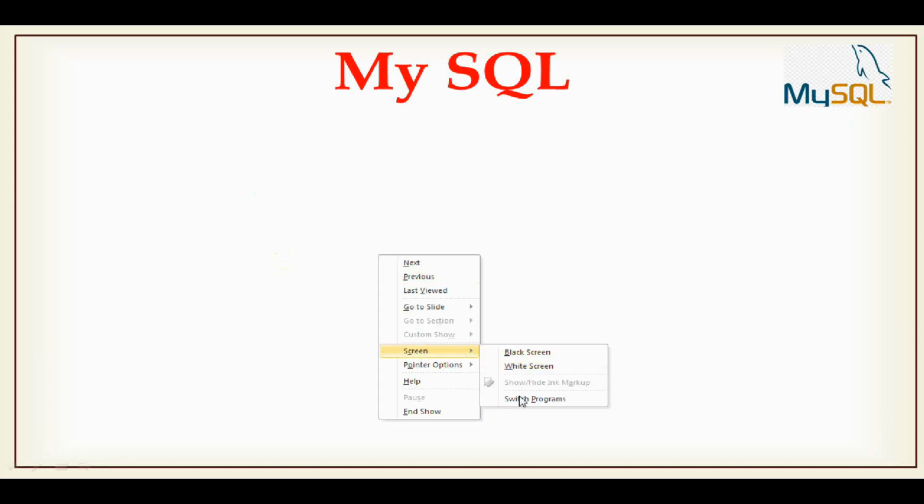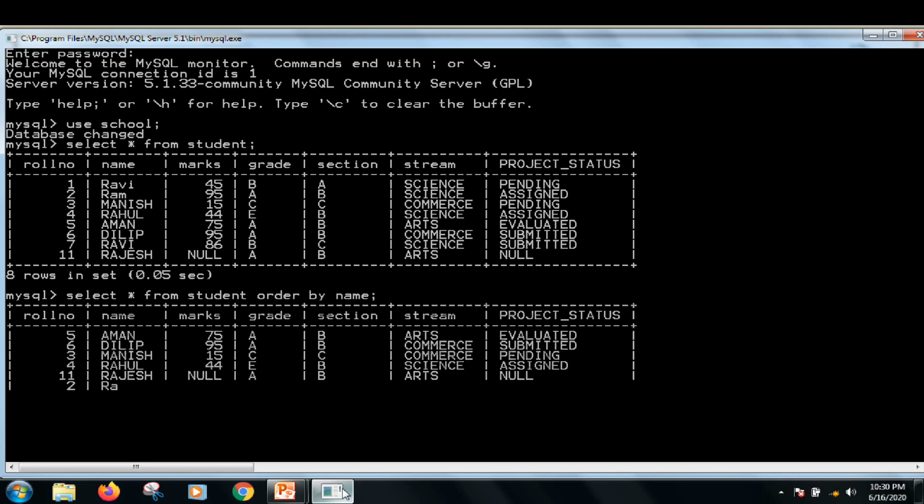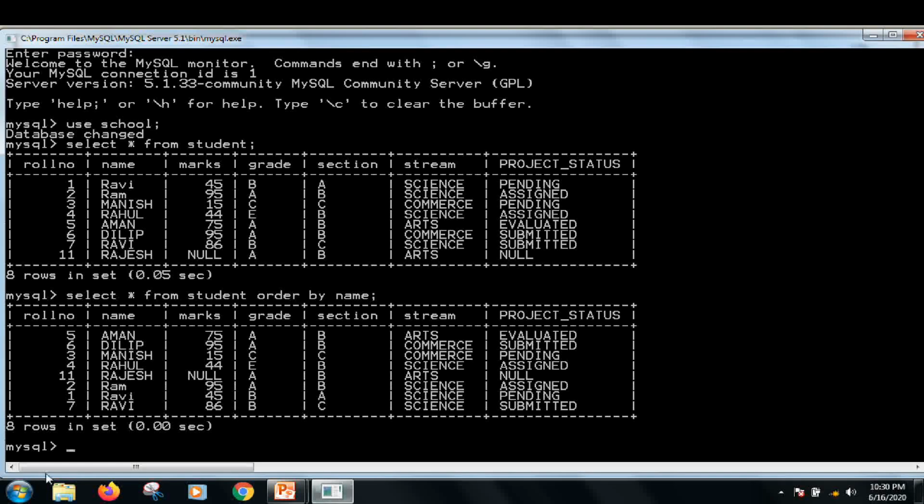Let us see it in SQL. See, the records are arranged in ascending order of the names.